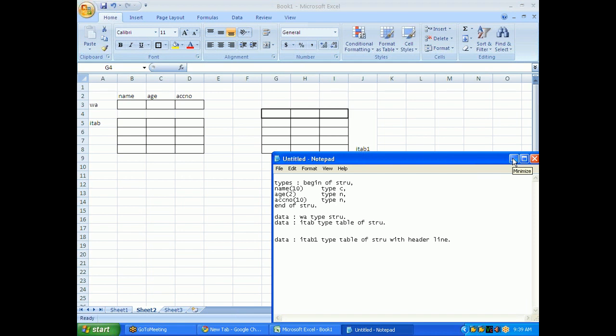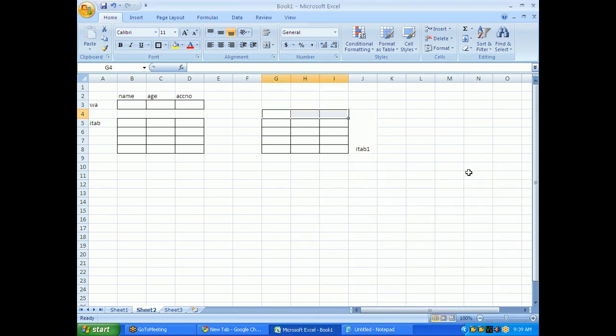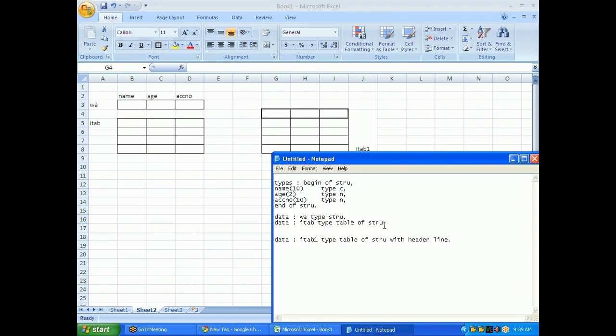So got it clear? In case of internal table with header line, the internal table work area and internal table body will have the same name. Explicit work area is efficient. Okay, so remember this. There are several other ways to declare. For example, I have declared itab type table of stru.